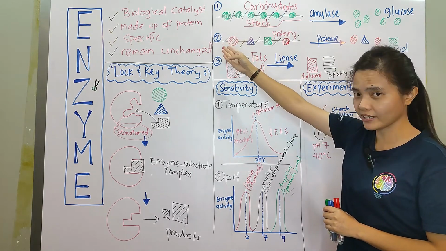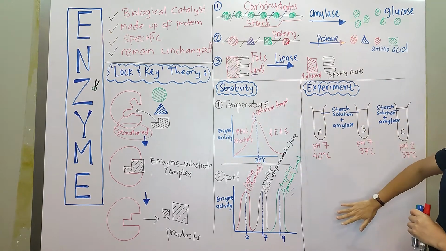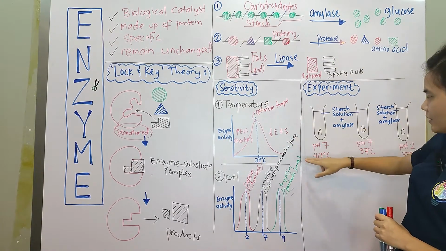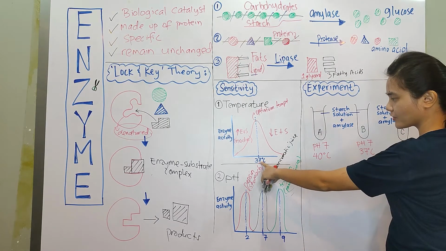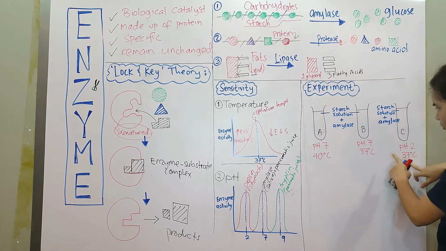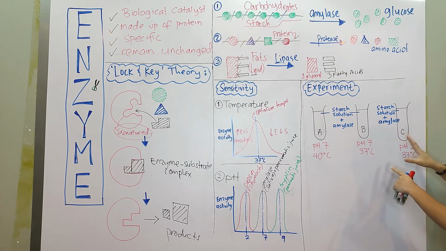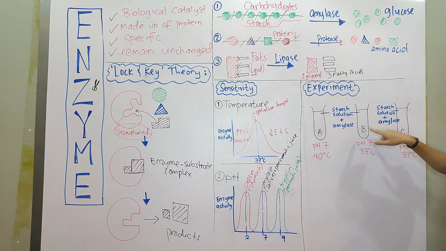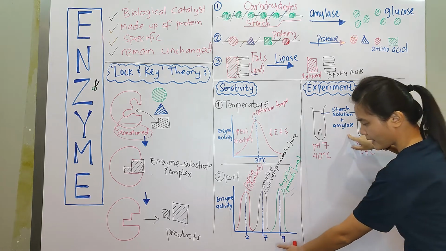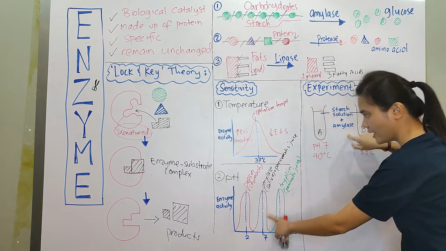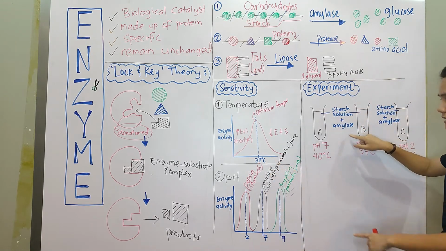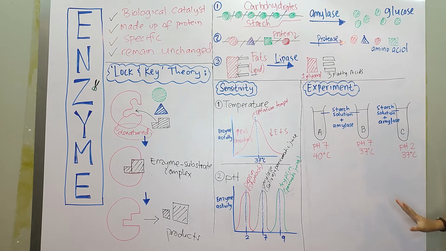Usually they will ask the definition of enzyme first before they go to the experiment. Then they will talk about temperature. You see, they put different temperatures. If you know the optimum temperature is 37, then you know which amylase is active there. And pH depends on the enzyme. Here it says amylase, so you know amylase works best at pH 7. If you know amylase works at pH 7 and at 37 degrees Celsius, you can already answer this question. Full marks for you, right?